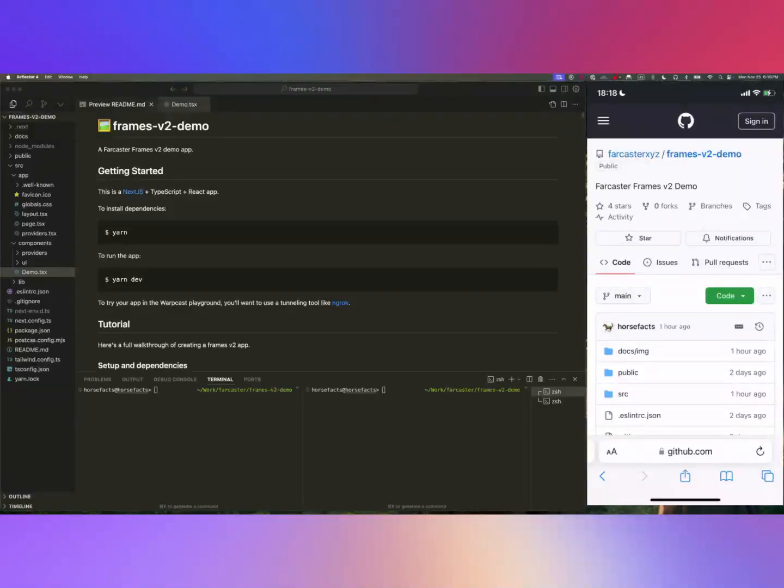Okay, so let's take a look. You can find this demo repo at Farcaster XYZ Frames V2 demo on GitHub. You can clone this, pull this down, and use this as scaffolding for your own Frames V2 application. This is a more or less pretty standard Next.js TypeScript React app. It has a couple tweaks which we will cover when we talk about how to import the SDK